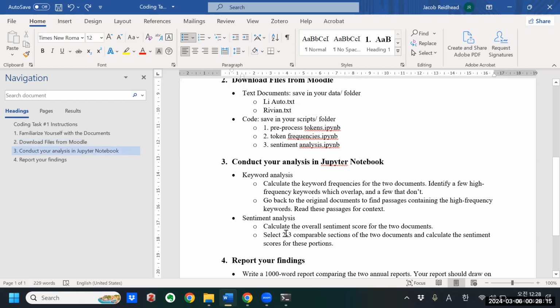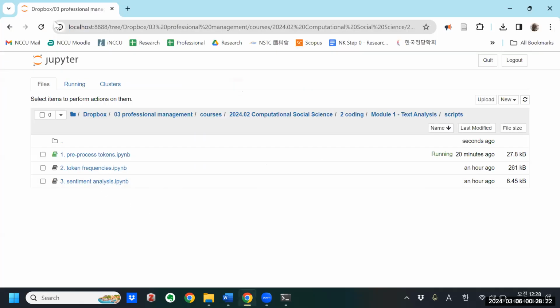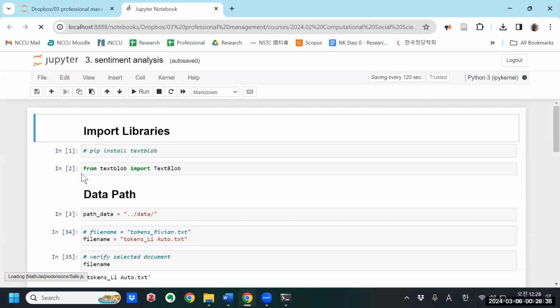So for the sentiment analysis, I'm just going to calculate the overall sentiment score for the two documents. So again, we're going back to Jupyter Notebook. Let's go to 3, sentiment analysis. Open that up. I just did a very simple sentiment analysis here. We're doing kind of generation 1 positive, negative sentiment analysis because just to give you some options for our